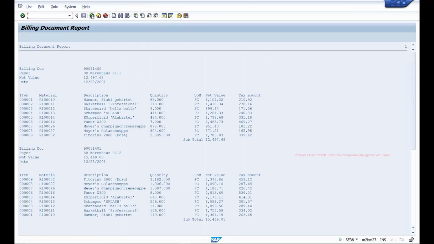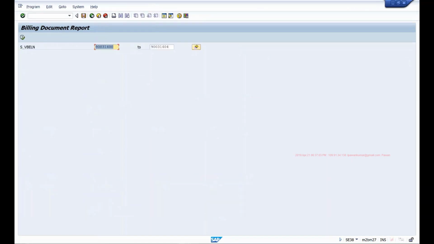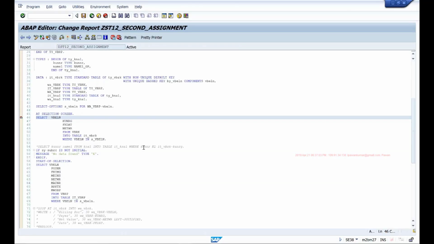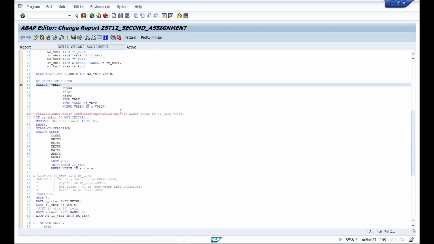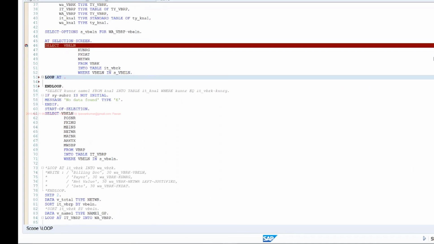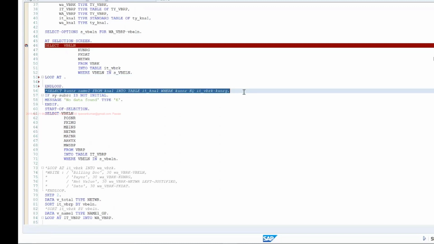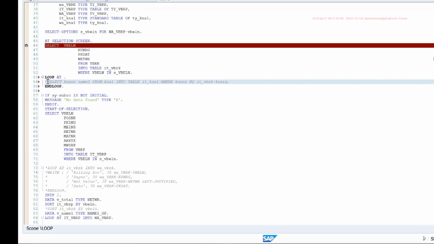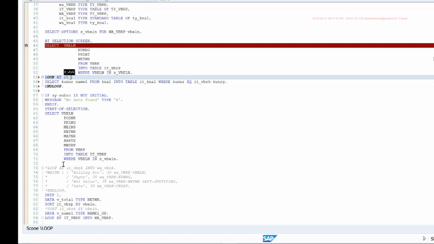So to achieve that, one way of doing it, we've seen, is writing a select within the loop. If I want to avoid writing a select in that loop, I'll have to write a select in this loop, right? So I can loop at IT_VBRK into WA_VBRK.